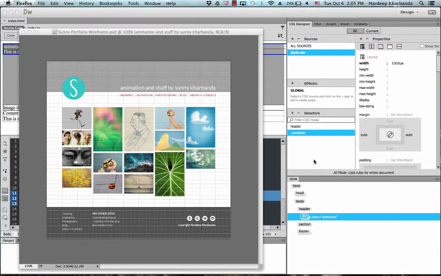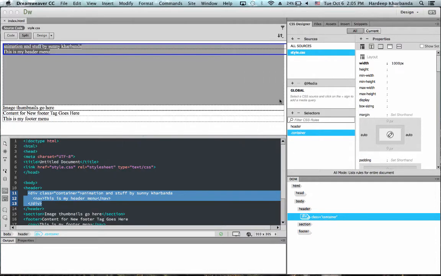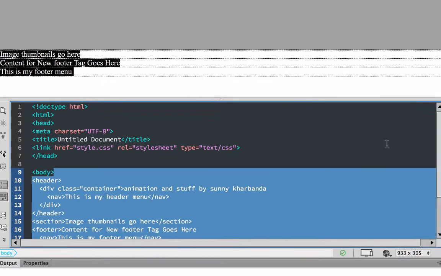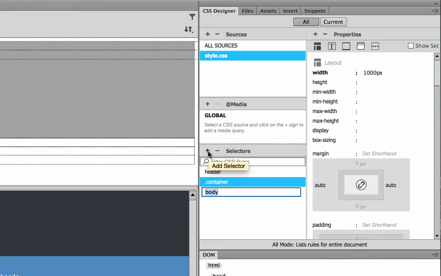Back in Dreamweaver. To remove that white space, I need to style the page body, which contains all of the visible content. So I come down here, I click on body and add a selector for it.